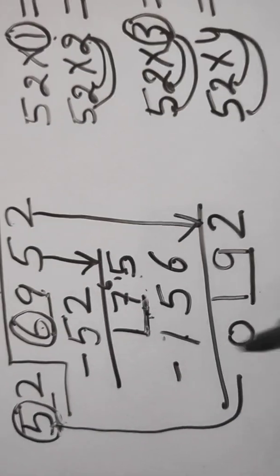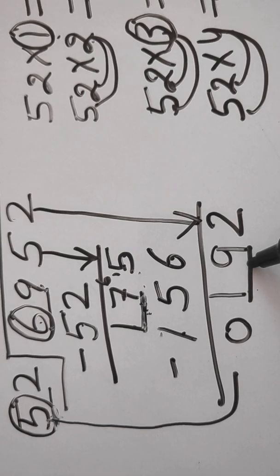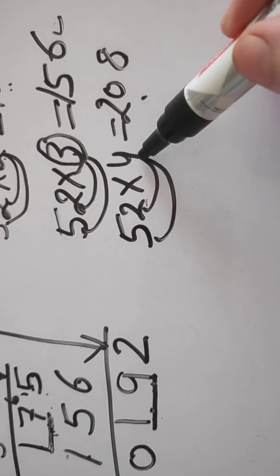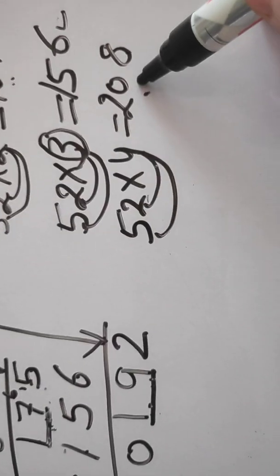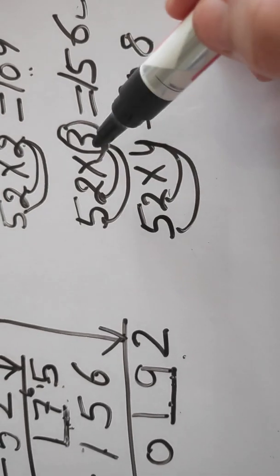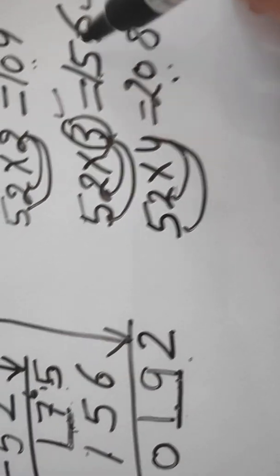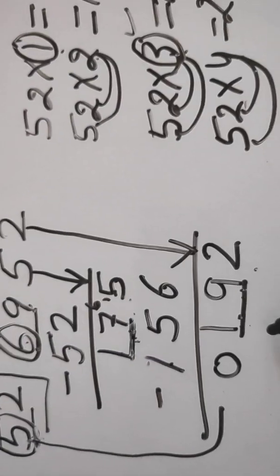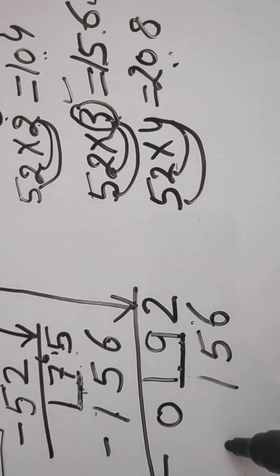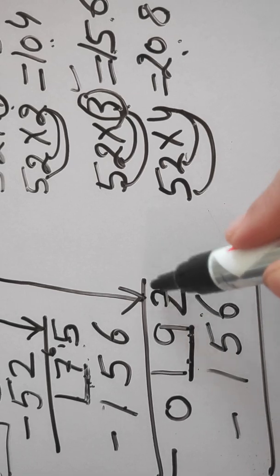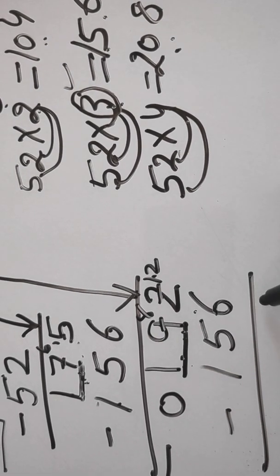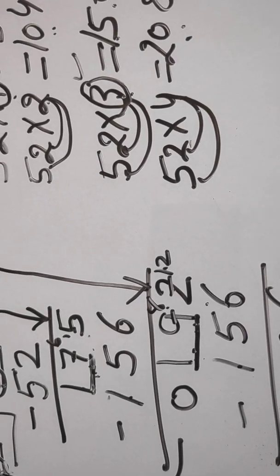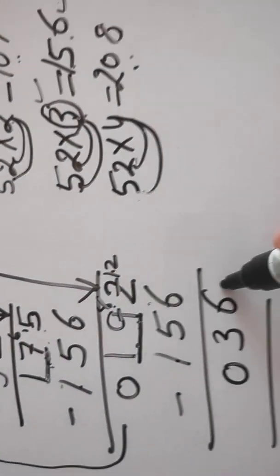We will take these two digits. Read the table of 5 near about 19. 5 threes are 15, 5 fours are 20. 20 is greater than this. And multiplying 52 by 4, it becomes 208. 208 is bigger. It means the table goes again on 3, 156. So 3 we will write at the top at the ones place, and here we will write 156, and now subtract. 2 is small, so we will borrow from here. 12 minus 6, 6. Here remains 8. 8 minus 5, 3. 1 minus 1, 0. No digit is here to bring down, so this becomes our remainder.